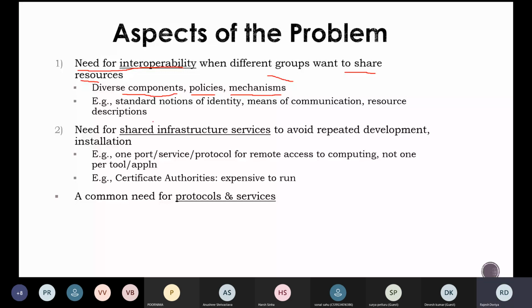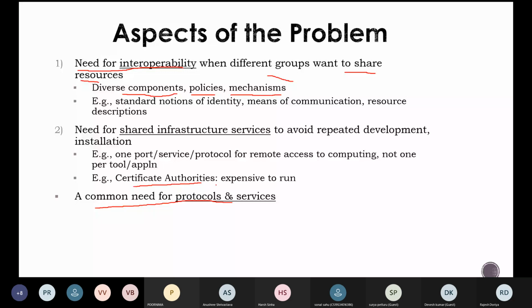So there is a strong need for interoperability. Apart from that, there is a need for shared infrastructure services, so that repeated development or installation can be avoided. There are several examples for that as well. Apart from that, there is a common need for protocols and services. If certain things have been developed to meet the requirements of some applications, those things should also work for other applications.